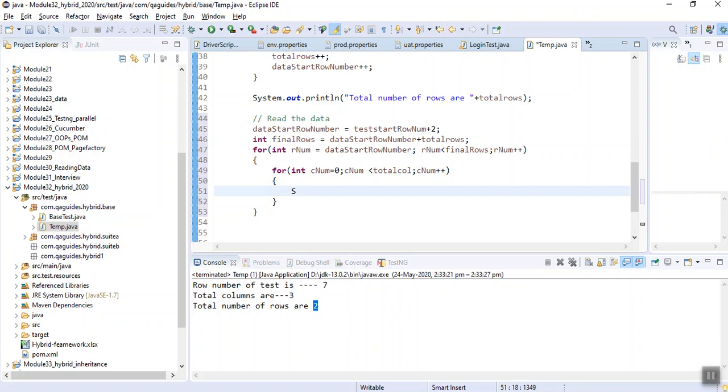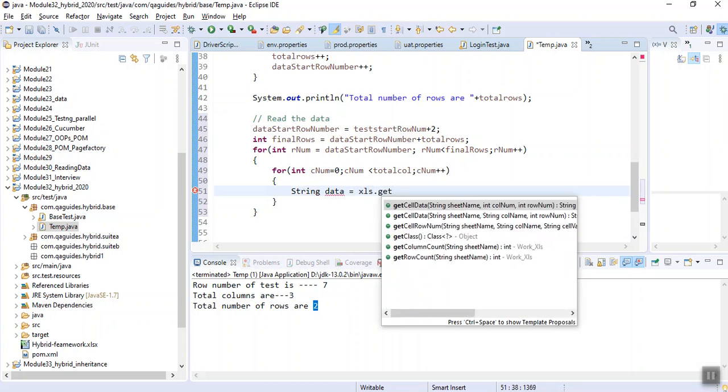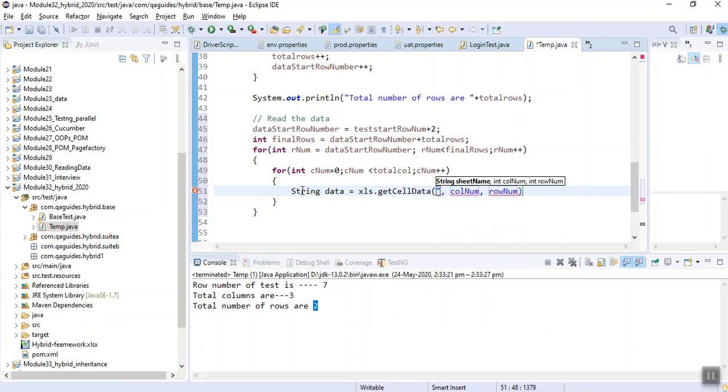Now I am storing data in a string. String data is equal to xls dot get cell data. Our sheet is data, column number is c num, row number is r num.